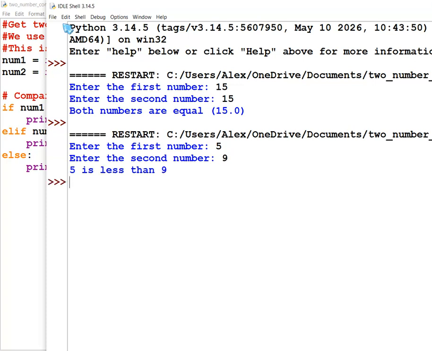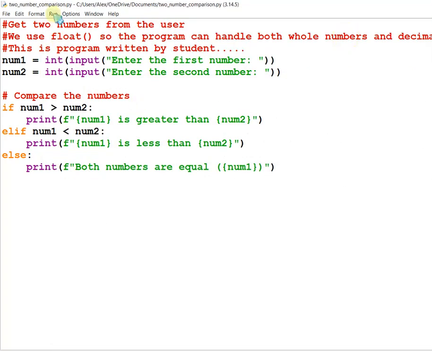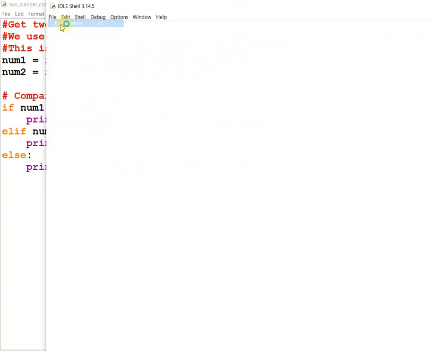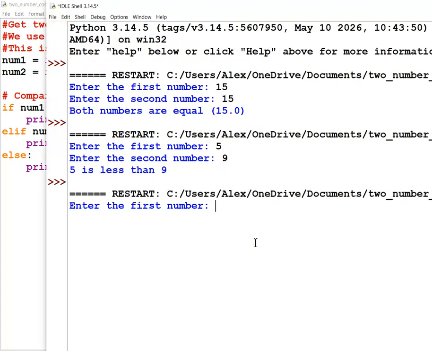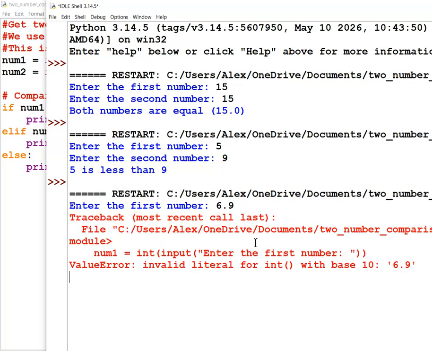So you can see now it is simply giving, it is not giving any 0, not giving 5.0 or 9.0, not giving anything. So are you going to deal with integer numbers? But why does a float number give you more freedom? The reason is that if I want to compare two point values, like if I want to give 6.9, okay, see, it's giving you the mistake, right? It is not accepting the number.